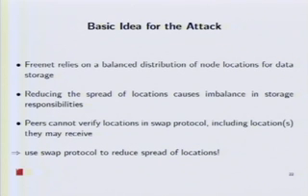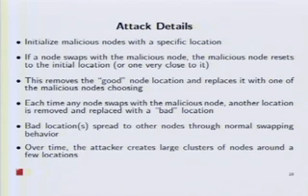And the way we can do this is that peers can't verify the neighbors of their neighbors. So basically you can force swapping if you lie about who your neighbors are. So here's the details of our attack. Basically we just create malicious nodes or a node with specific location or locations. When a swap occurs with a malicious node, a random location is removed from the network, a good location is removed, and then the malicious node resets itself to a bad location again.